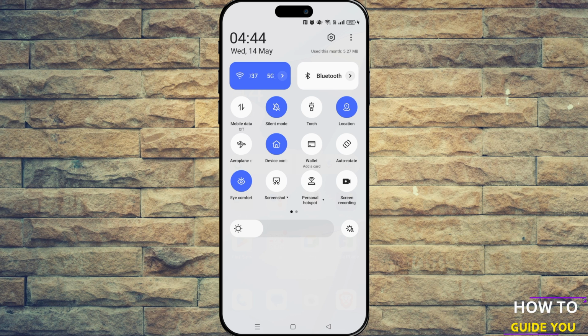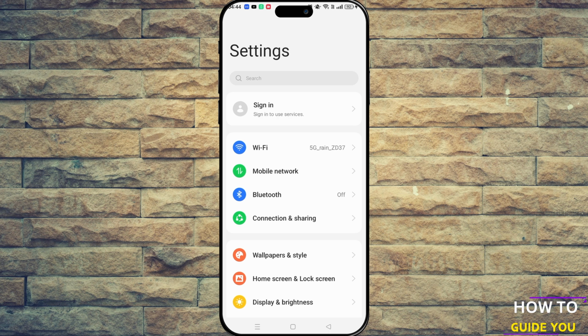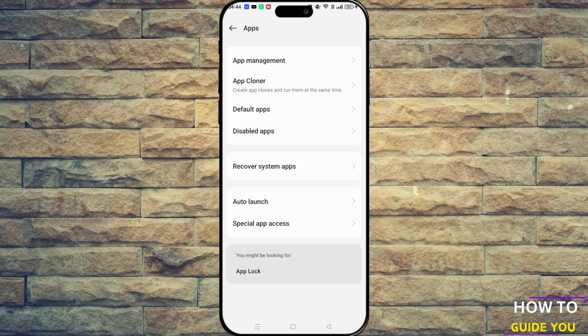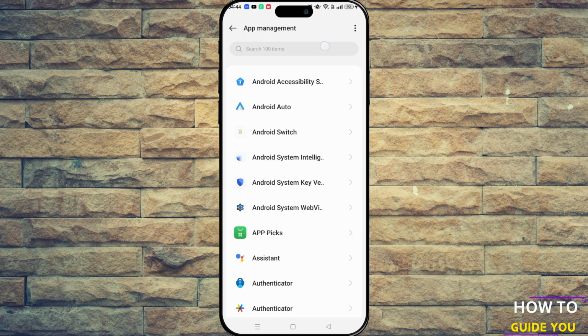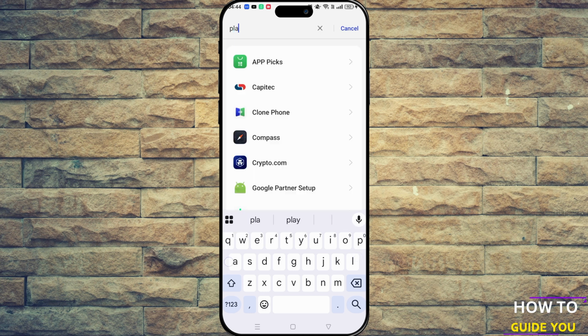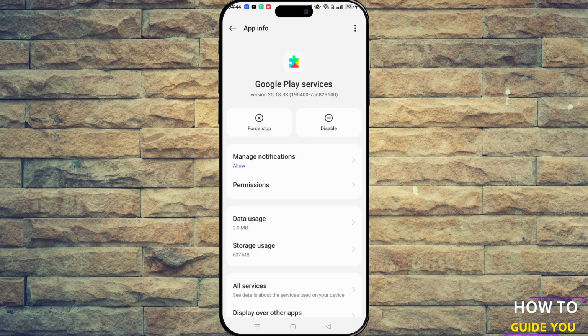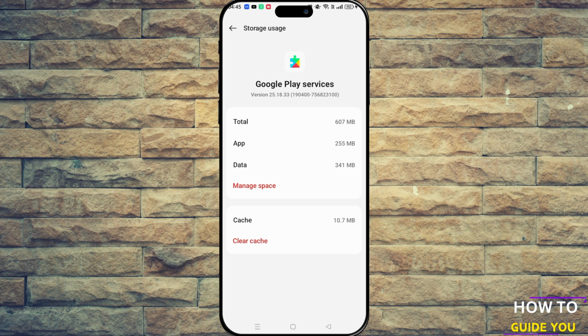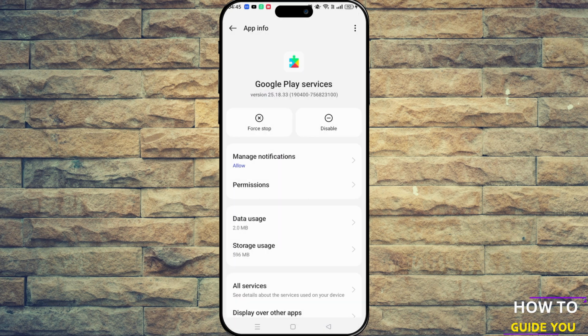If that doesn't fix it, you can head right back into settings and scroll down till you see apps and then app management, and then here you just want to type in play, and then you'll get Google Play Services and click on that, and then go to storage usage, and you want to click on clear cache, and that should fix your problem. I would do a restart on your phone just to be safe,